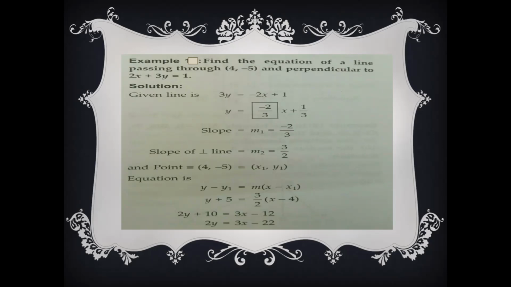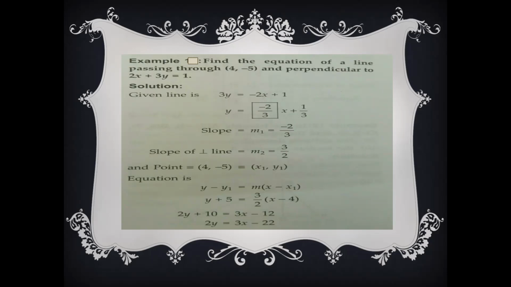So the equation of the line which we wanted, तो उसका slope क्या हो जाएगा? Negative reciprocal of this. So minus 2 by 3 का negative reciprocal will become 3 by 2, and that will be positive because negative reciprocal था. माइनस का साइन हट जाएगा. So slope of the required line is 3/2. Point is 4 and minus 5 is the coordinate of the point.